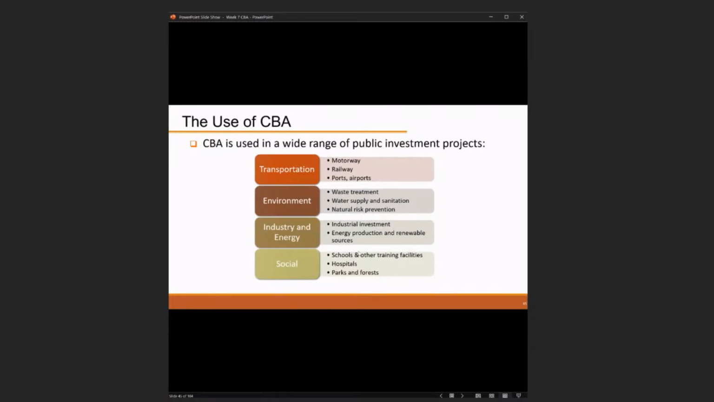So then, for using CBA, you can see that there is a wide range of public investment projects that already use CBA, like transportation, railway, motorway, ports, airports. For the environment, we can use it for wastewater treatment, waste treatment, supply, risk prevention. And industry and energy also use it for industrial investment, energy production, and renewable sources. And for social projects, like when we try to build a hospital, park and forest, even a school, we can